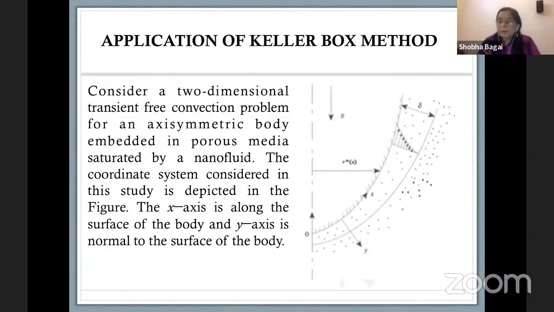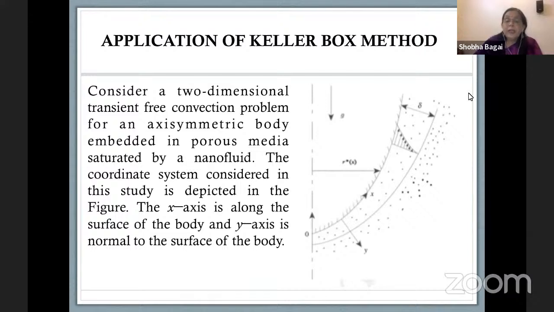So now let me first explain the problem that we are going to define. You have a two-dimensional transient free convection flow. You have an axisymmetric body, right? So the coordinate system, this in fact is my body. Axisymmetric could mean it could be a sphere, it could be a cylinder, it could also be a vertical